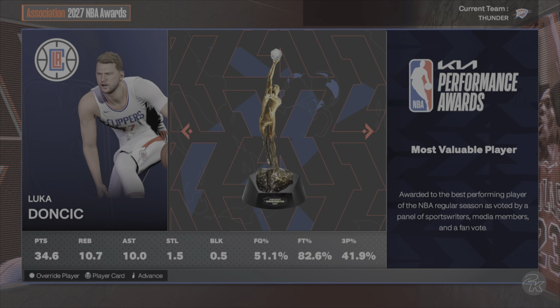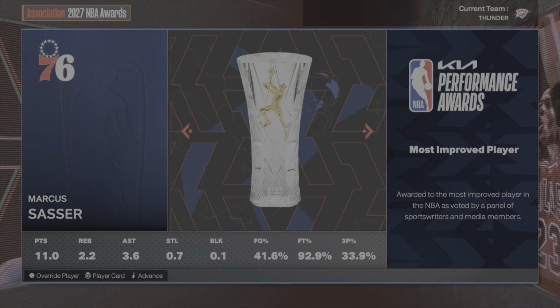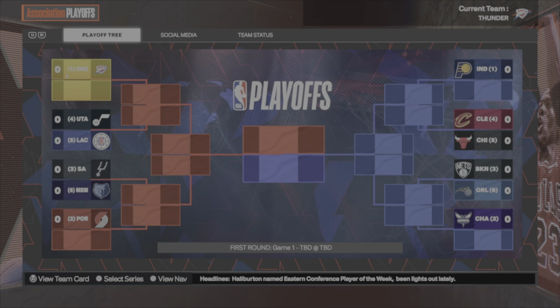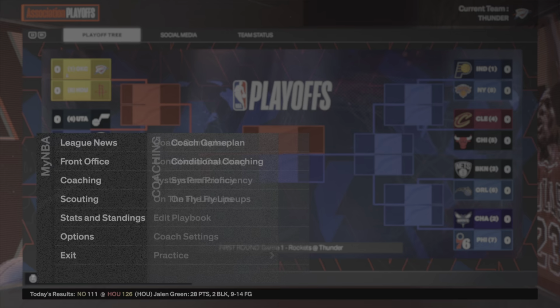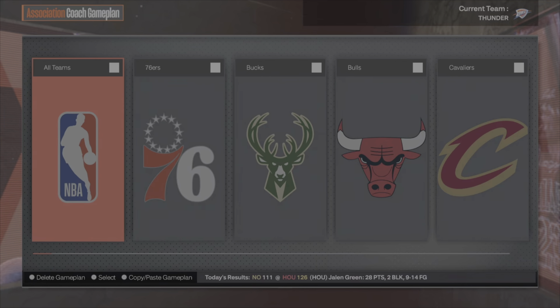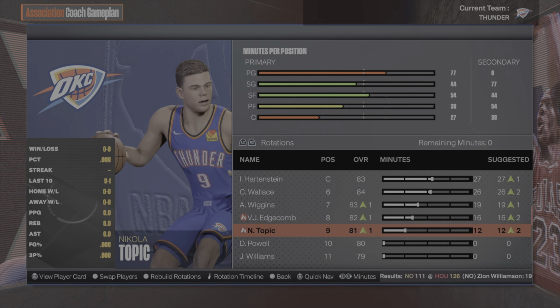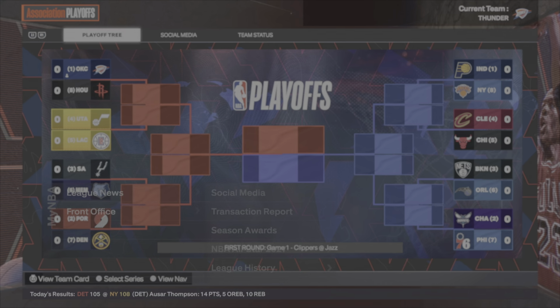We're undefeated right now. Luka is your MVP in Los Angeles. That's a great restart for them, obviously. But you're the 1 seed again. We finished off 69-13 this season. We got Houston in round 1. So our team is going with a 9-man rotation in the playoffs. Sorry, Drake Powell and Jalen Williams. Whoever was playing, I guess it was Drake Powell. But